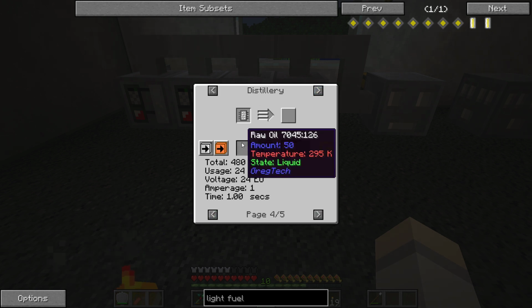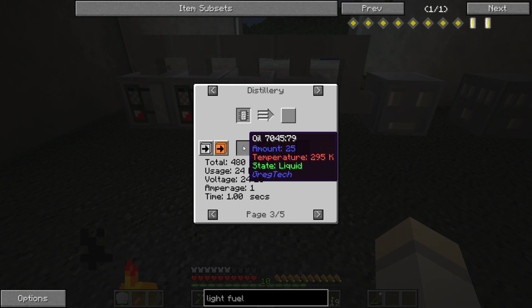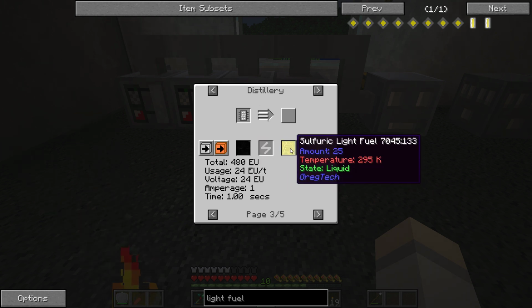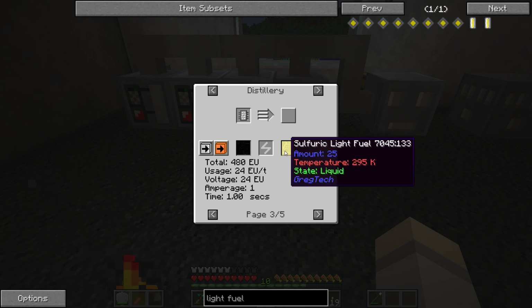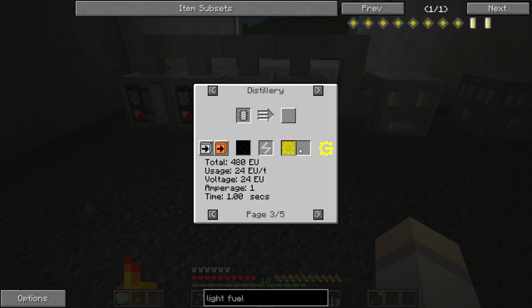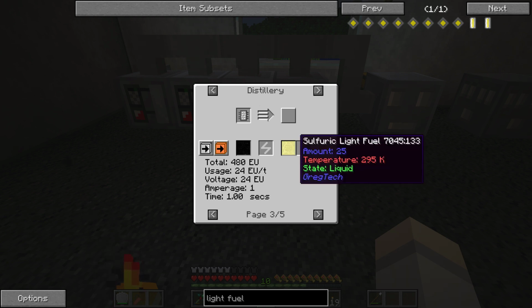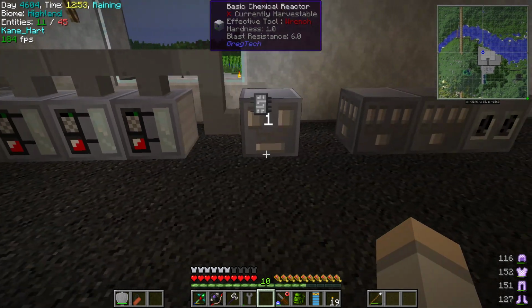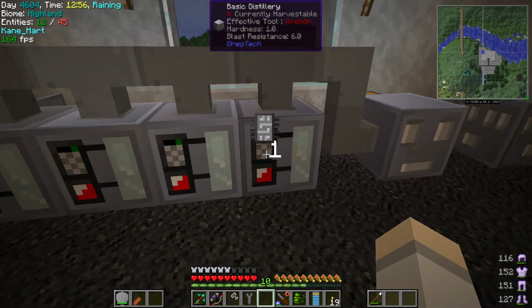I think it's on page 4. Nope, sorry, 3. This one is taking 25 oil, literally just 25 oil, and creating 25 sulfuric oil. And that's our light fuel story. So that's not too bad. So I decided let's times 8 that. Actually, I should probably do one more if I want to equal this up to a better, actually. Yeah, I might actually times it by 8, because if you times that by 8, that's 200, right? So you got 200, 400, 800. So you can do one bucket per